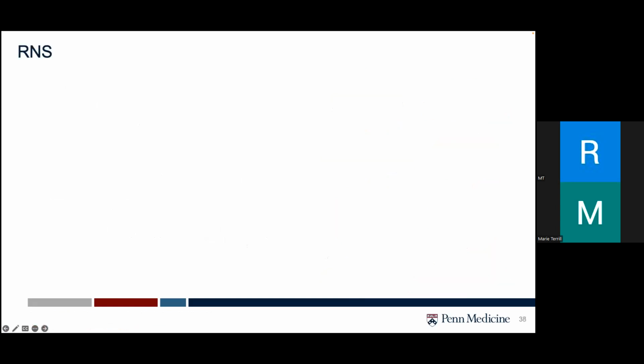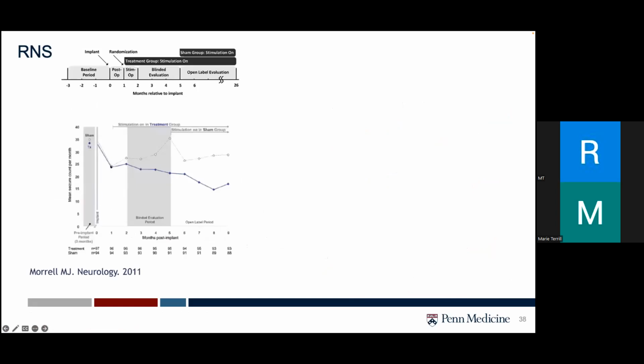There are several major trials that have looked at the safety and efficacy of the RNS system. I think following the initial feasibility trial, the first results of the first multi-center double-blind randomized trial were published in 2011. They had about 191 patients who were either randomized to a treatment or the sham group. After the immediate effect of implantation, which is the white shaded region, the patients in the treatment group showed a trend towards continued improvement, as in a decline in seizure frequencies, but the sham group declined. But when you had the open label period, when both groups received treatment, the seizure frequencies continued to decline.